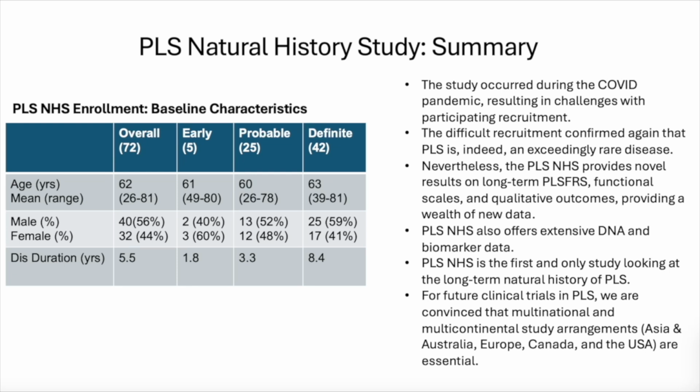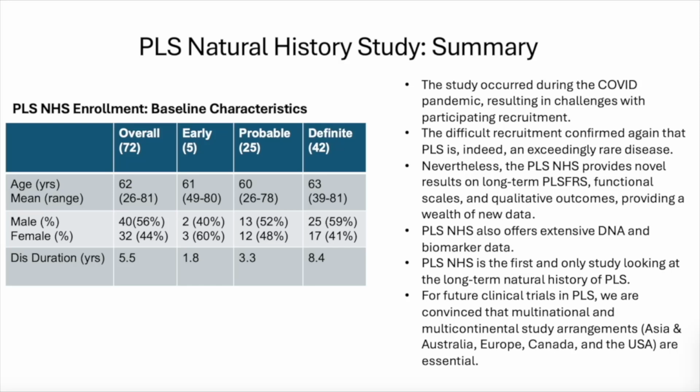The PLS natural history study also offers extensive DNA and biomarker data. Again, Matt Harms already mentioned this. The PLS natural history study is the first and only study looking at the long-term natural history, which I said is wrong, because other people are looking at long-term, but we are looking at not just the 24 months, but also looking for 4 years and beyond. But for future clinical trials, which have never been done in PLS,